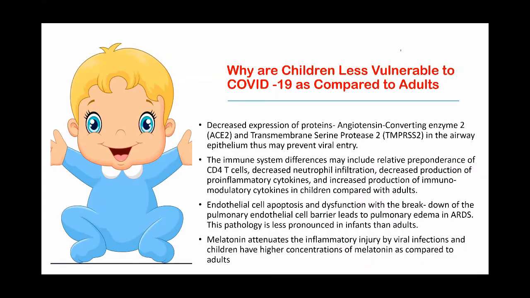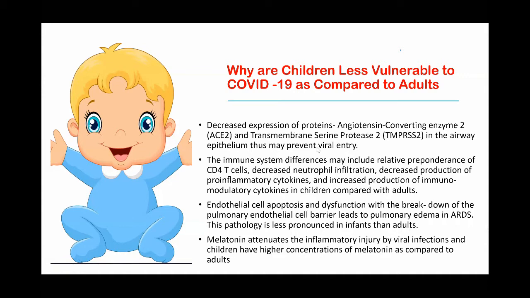Now, why are children less vulnerable to COVID-19 as compared to adults? If you go back to the pathophysiology I showed you, the first receptors which allow the coronavirus to enter our body are ACE2 receptors and TMPRSS receptors. Somehow we have seen that in children, these receptors are less expressed as compared to adults. The second is the immunity of the children. The immune system in the children